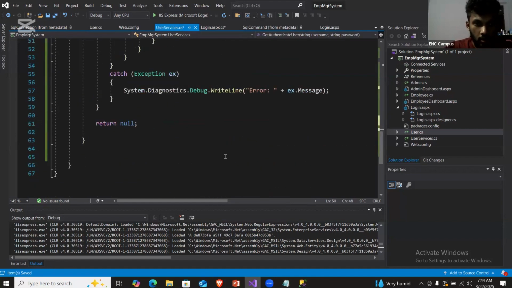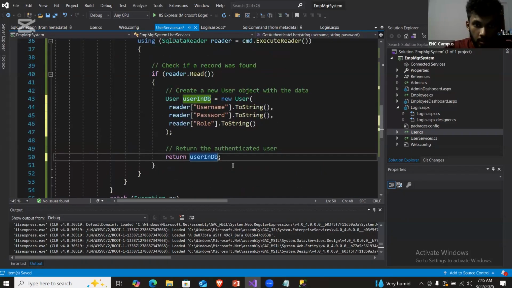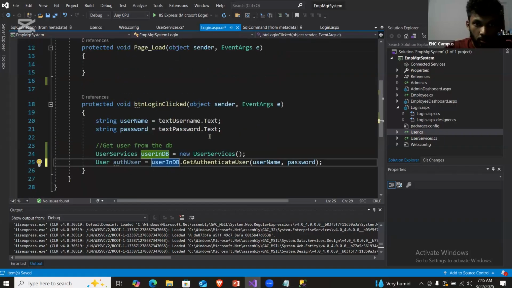So here you can see if there is a user, I will return that user. If there is no such user, I will pass null, right? Right. So here, what I have to do now is